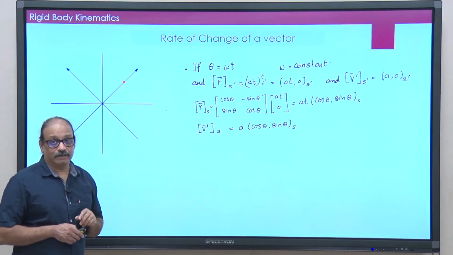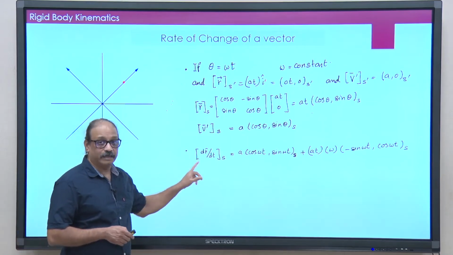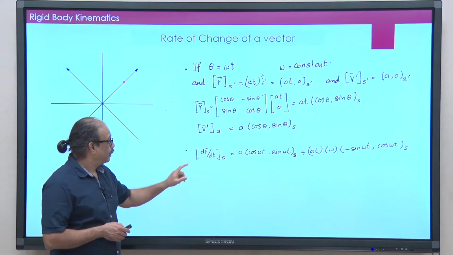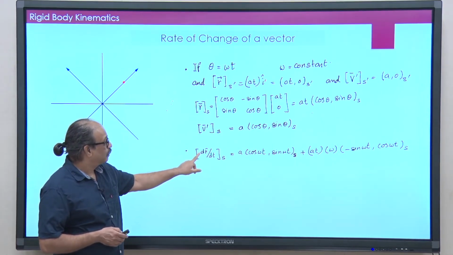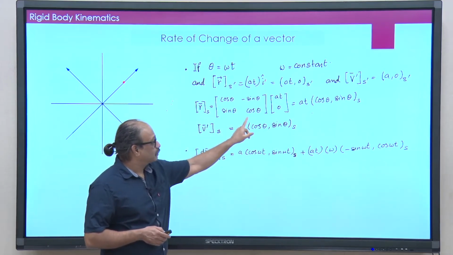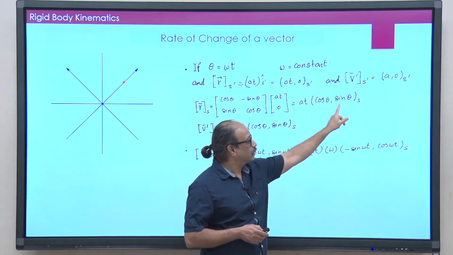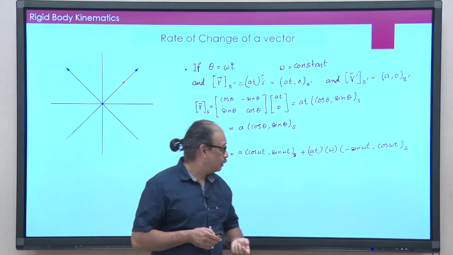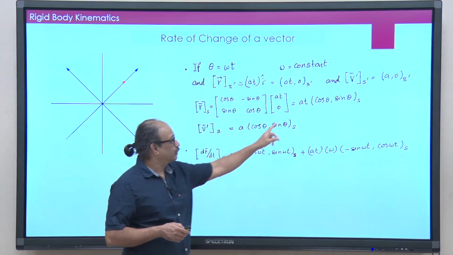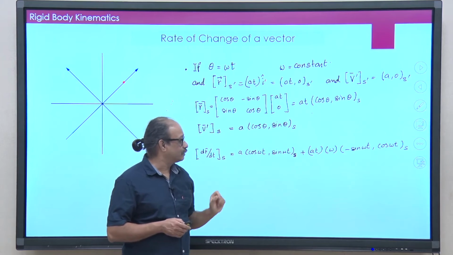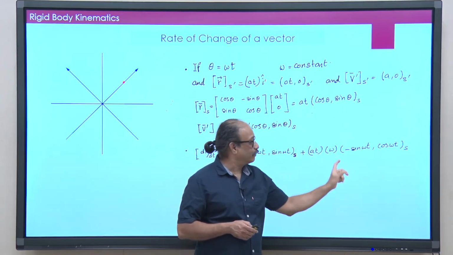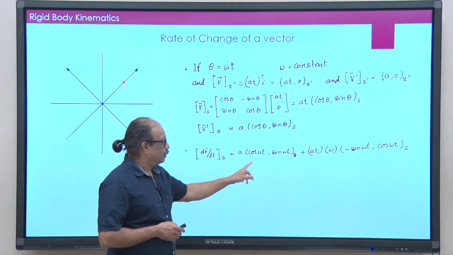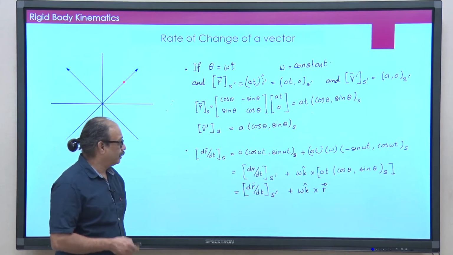Now, let me calculate the velocity in the S frame. In the S frame, we calculate dr by dt, but this one, look here, is basically a t into cos theta and sin theta, but theta is not constant anymore, it is omega t. So, basically you would get two terms there. First take the derivative of this magnitude, that gives you this, and then you also have to take the derivative of the vector part there. So, that will give me this vector here. Let me rewrite this.